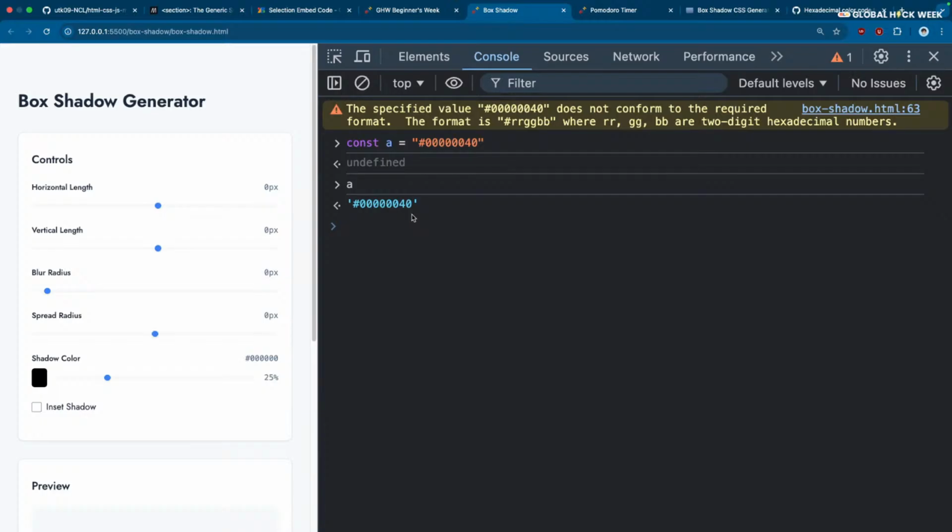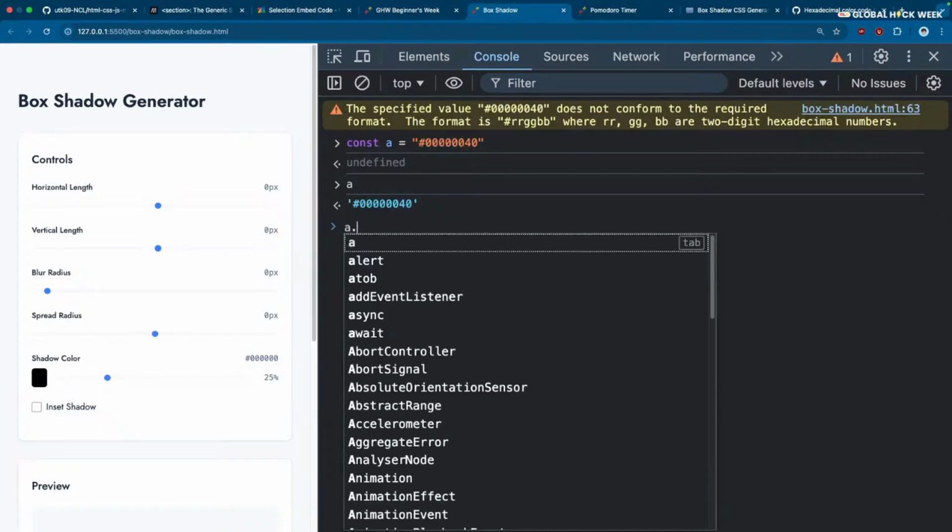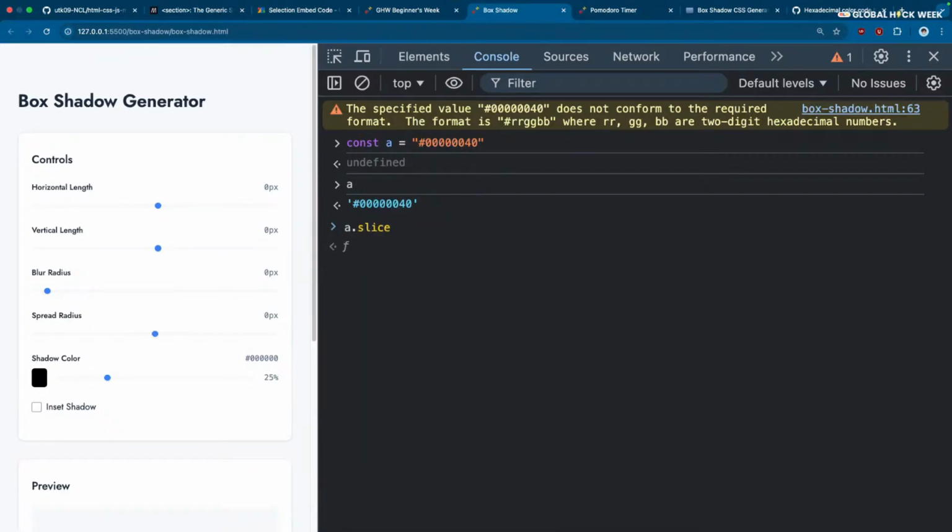Now what we want to do is we want to slice this up. So what you could do is a dot slice. When you say slice, you define the start, like where to start the slicing from and where to end the slicing minus 1. So if I do 1,3, as you can see,